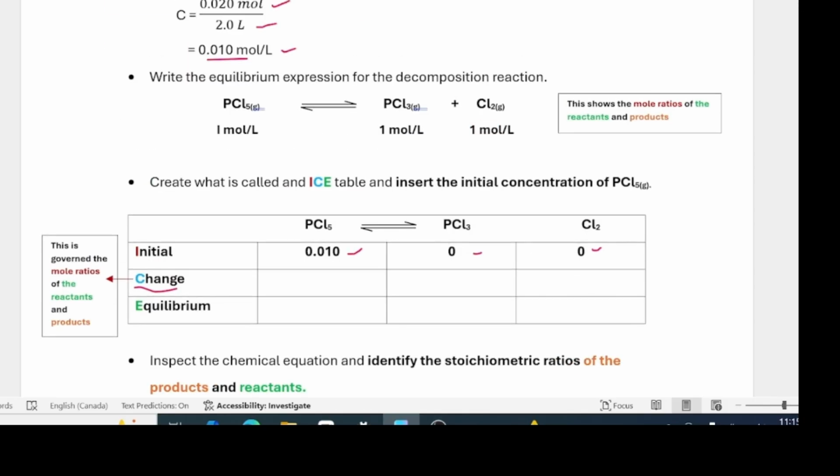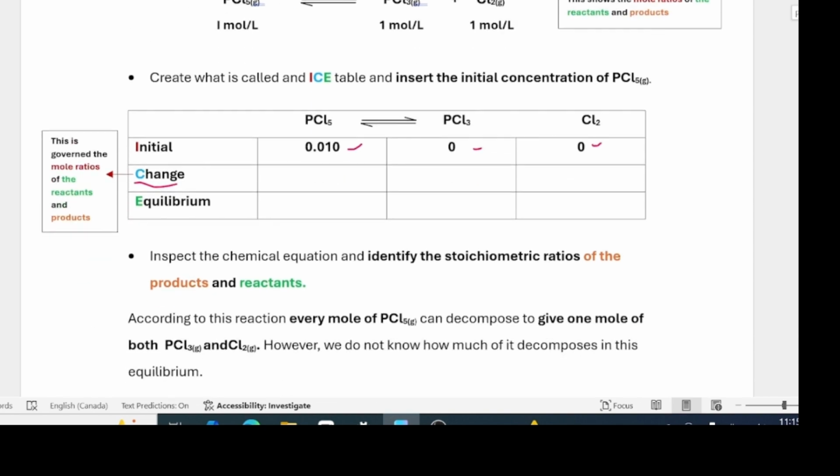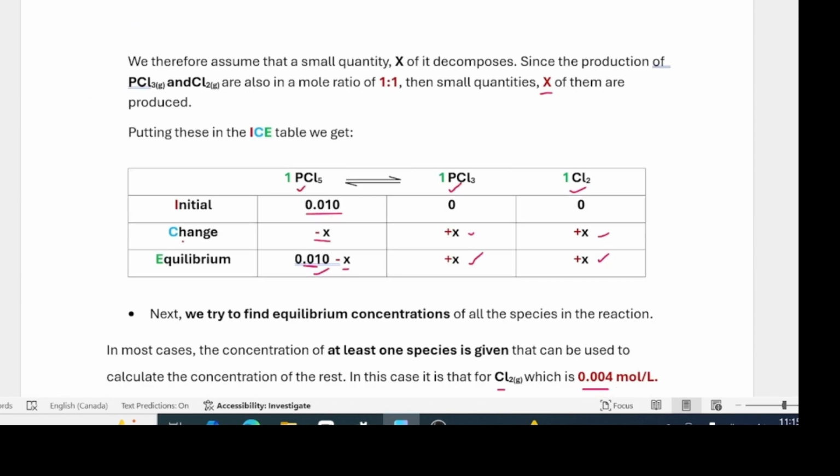First of all, you put your ICE table. We know this is the initial concentration. These are 0. Then the next table shows how the changes happen. The change is going to be minus X, plus X, plus X, because for every 1 mole per liter of that decomposes, you get a corresponding number of that and that. If you have a small quantity, X, you subtract it from that,